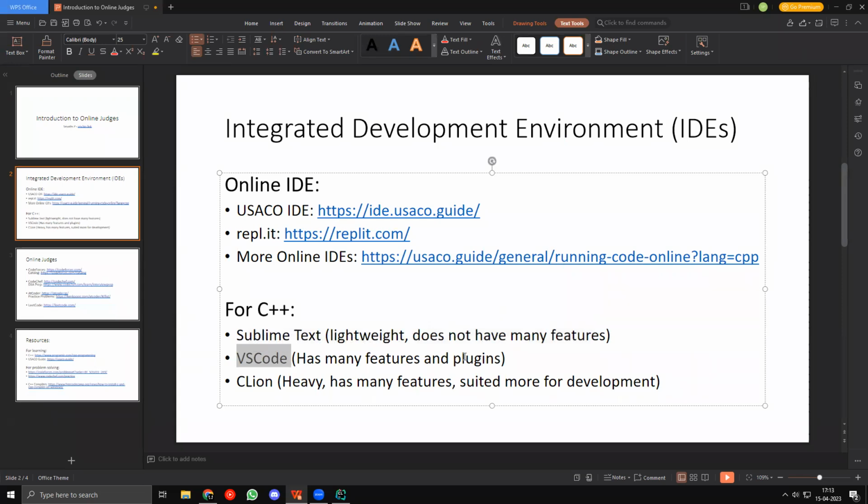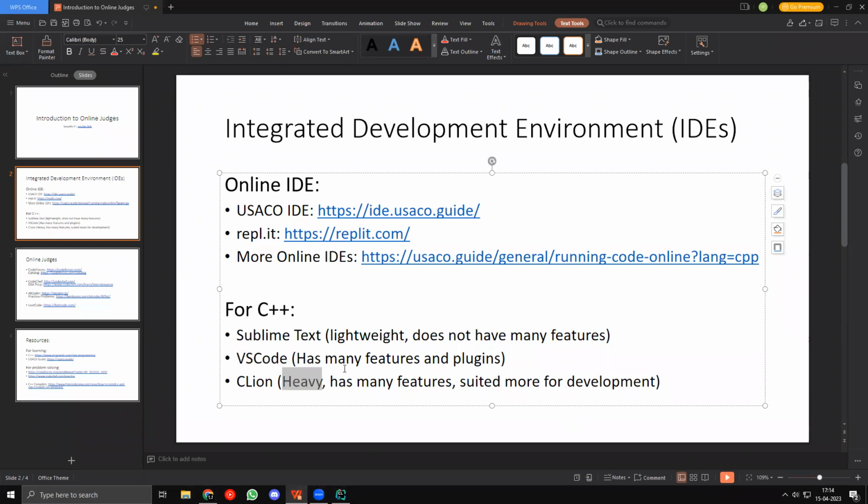Now, VS Code has many features and it also has many plugins. You can install any plugin that you want so that it will help you out, right? For example, there's a plugin called Competitive Programming Helper, which lets you test multiple test cases immediately. So that's very nice as well. CLion is pretty heavy, like VS Code is medium and CLion is very, very heavy. It uses a lot of RAM as well, and it's not for people who don't have a really good PC, right? I have a pretty good PC, so I'm able to use CLion